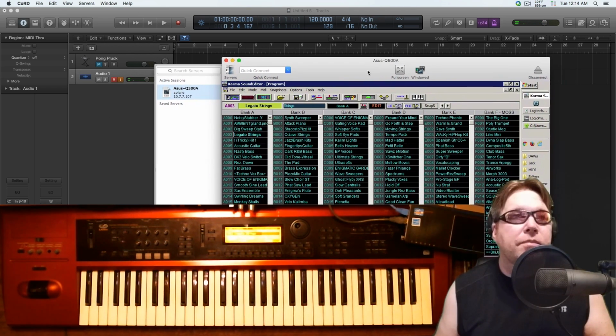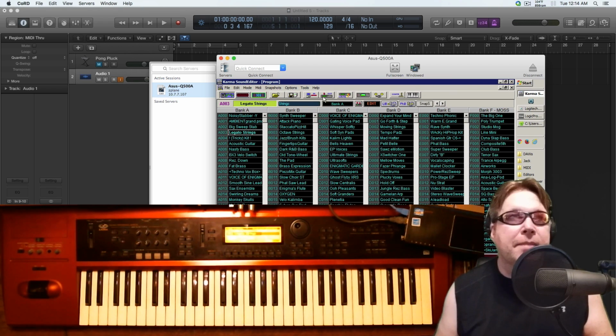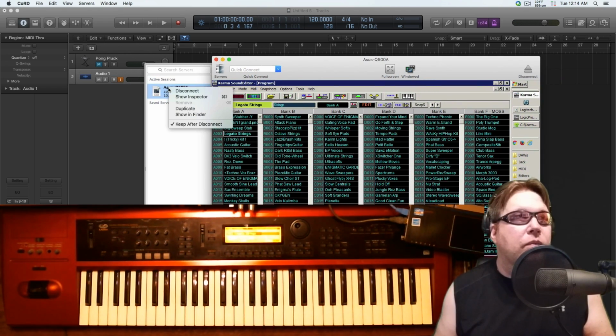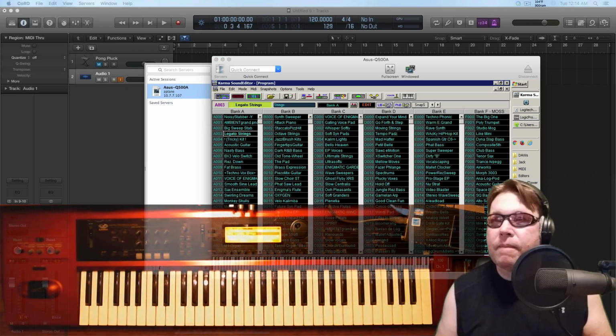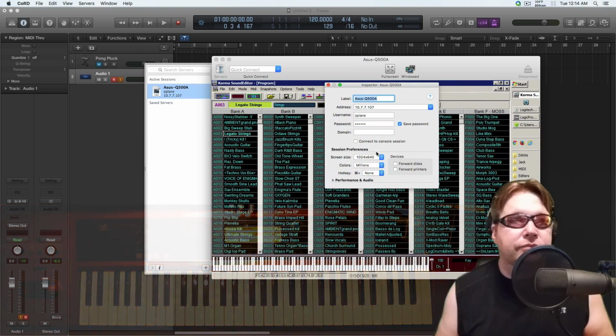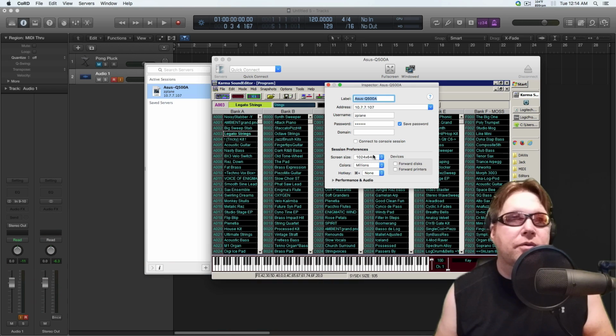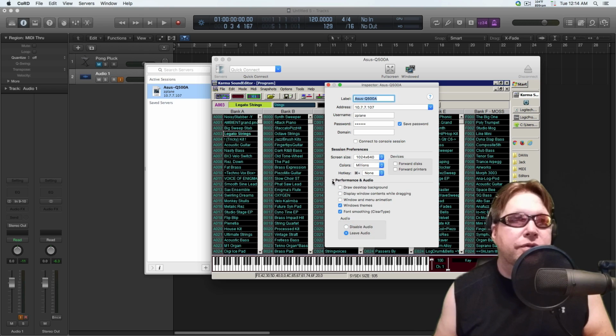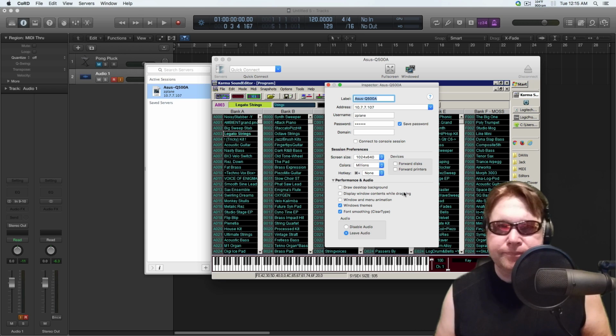And I'm using this program. This is a remote desktop type of application. And we could go show inspector. I don't really care about the screen size. What you want to make sure of when you set this up is to use as few resources as possible. So none of this is checked except maybe Windows theme. I could probably uncheck that too because I don't really need it. But the font type, I like that. The main important thing is to leave audio. You don't want to disable the audio because